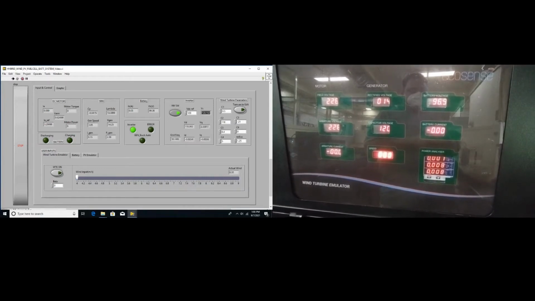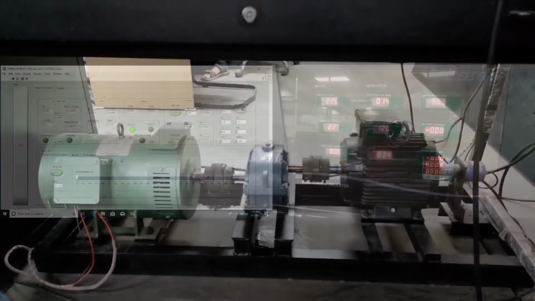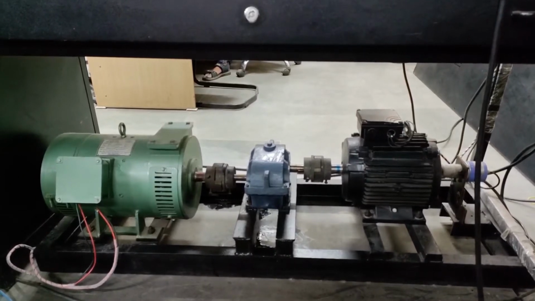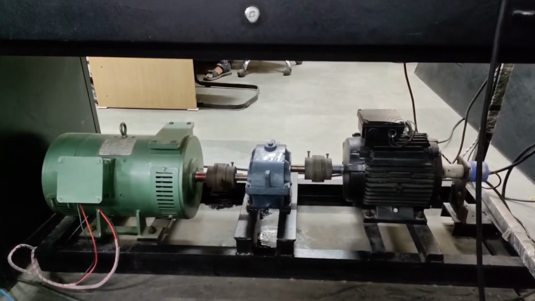To switch on the wind emulator, press the WTE on button. As soon as the WTE on button is pressed, the motor will start running.